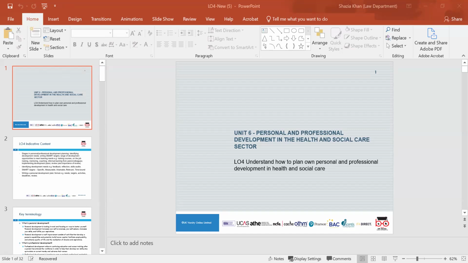Sorry. We then looked at Honey and Mumford's theory on learning styles and looked at things like reflectors, theorists, pragmatists, and activists,